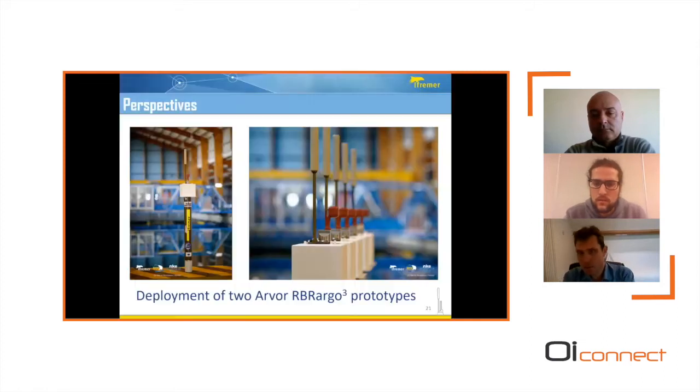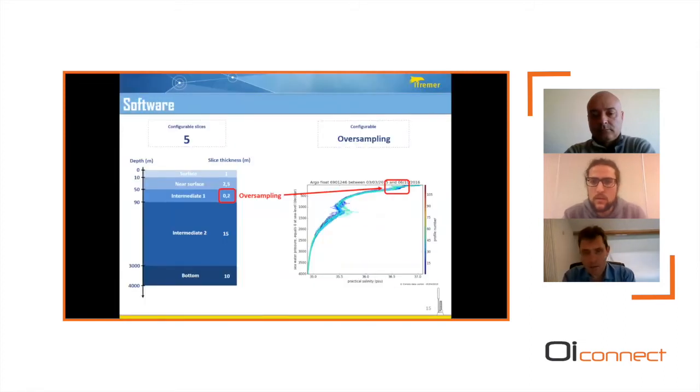So on your slide 15, it might be good to go to slide 15. You have the configurable slices. And I think I understand you fix the depth ranges of these in advance. Yes. Okay, because obviously if you're going into the open ocean, you have to anticipate drifting into other regions. So are there plans to make these adaptive?